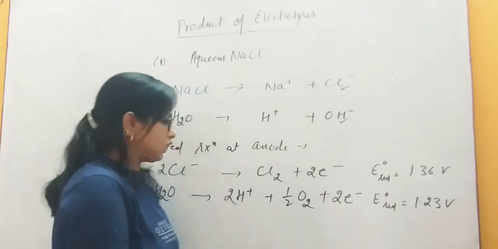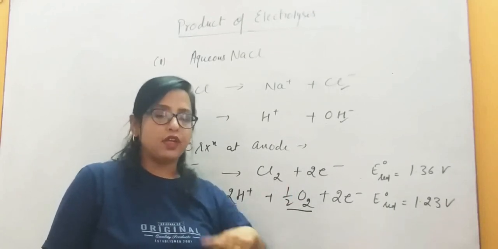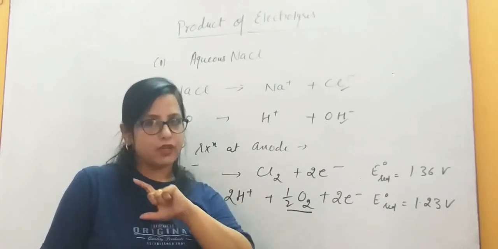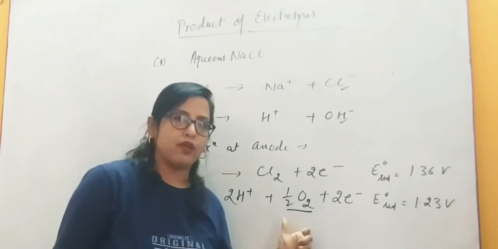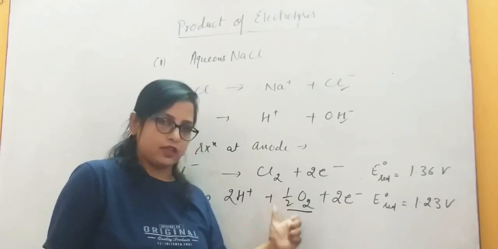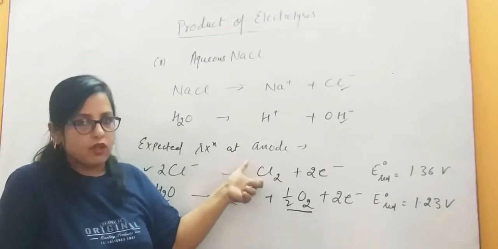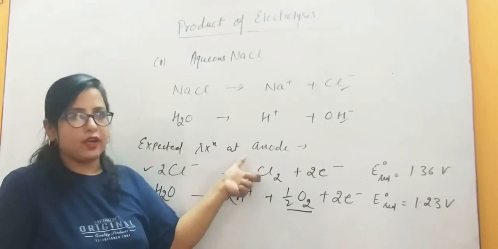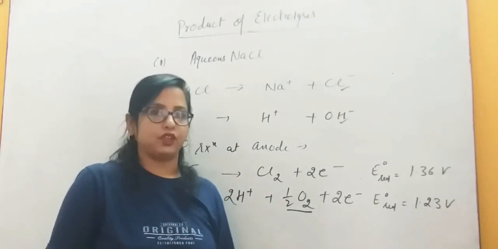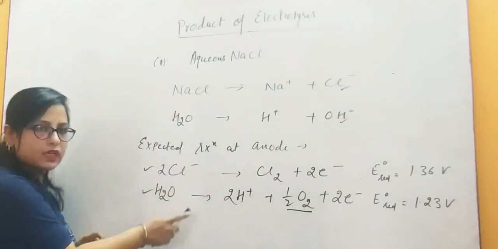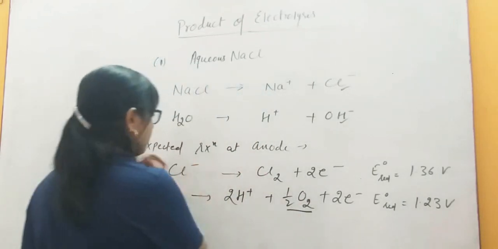But actually oxygen formation is thermodynamically unstable. It requires a very large potential. That's why this reaction normally cannot occur in the case of chloride, bromide and iodide. So oxygen cannot be evolved at the anode. In place of oxygen, the chlorine reaction occurs at the anode. So the final product will be chlorine at the anode, not oxygen, because oxygen requires a very high potential. Okay guys, so of these two expected reactions, the first reaction occurs, and at that time I will again explain to you.